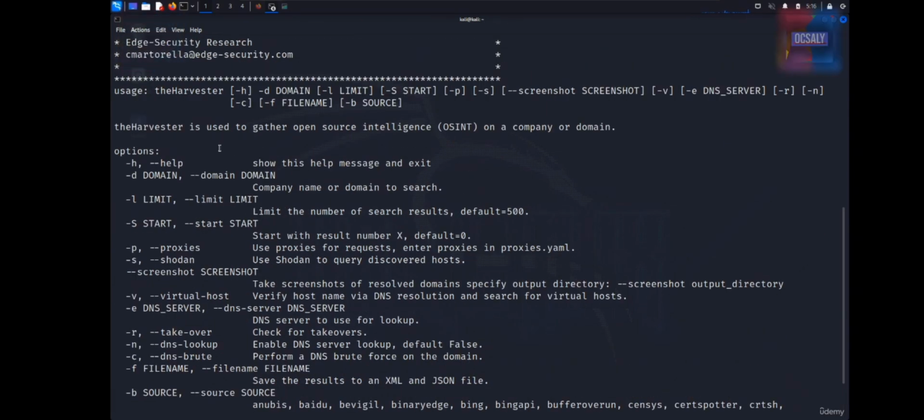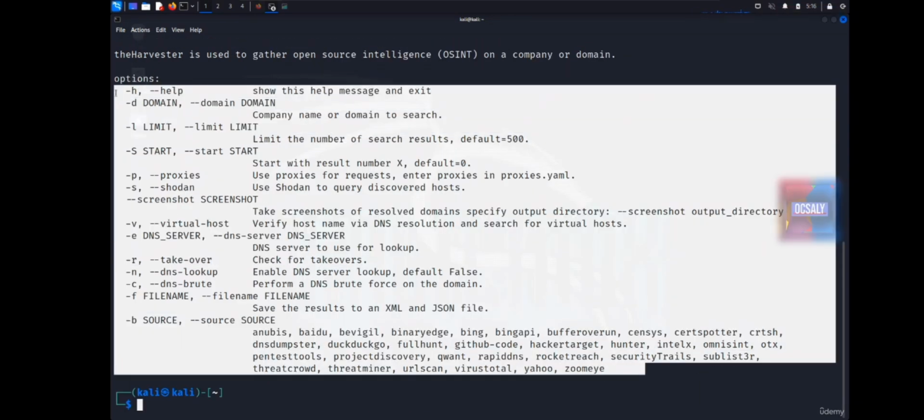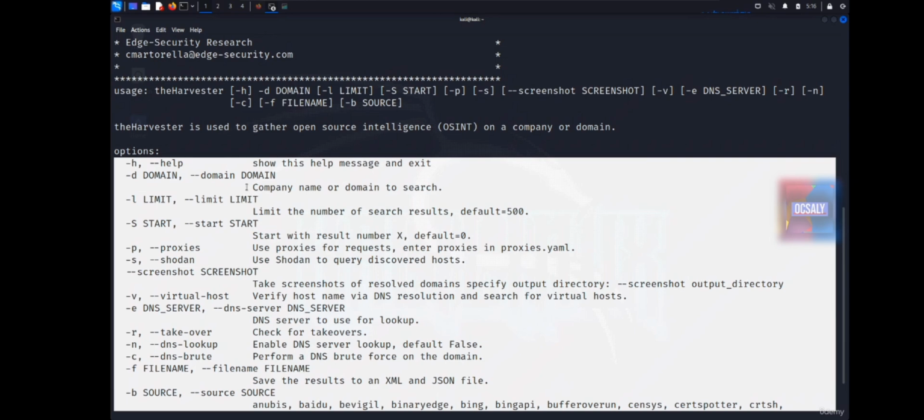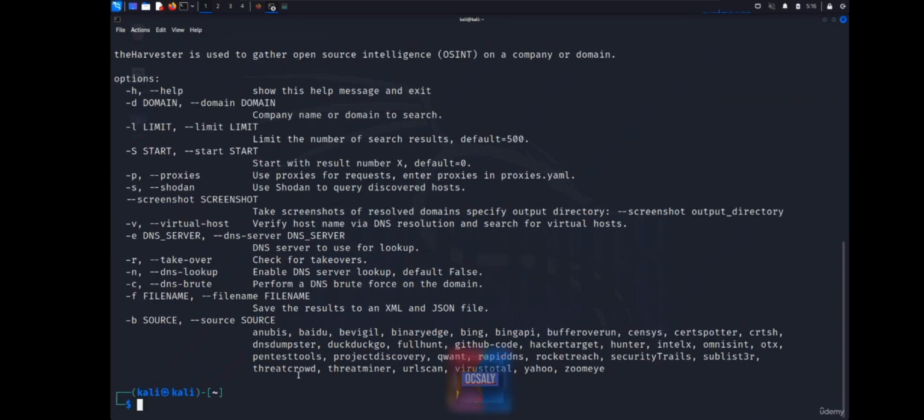Let's call the help, and here there are options you can use when running theHarvester and using scraping techniques. Now we're going to use the -d parameter for domain. Here we will use our own domain. This means we're going to enter the domain after this parameter,